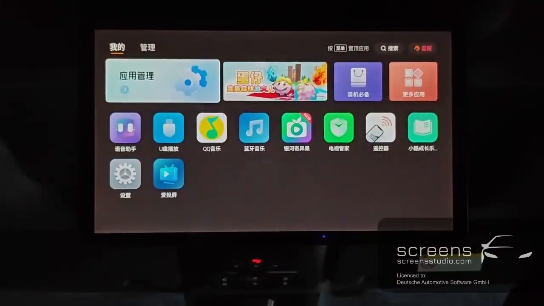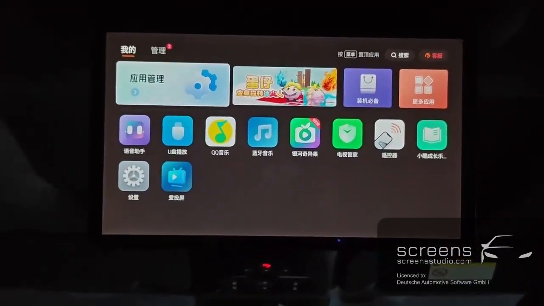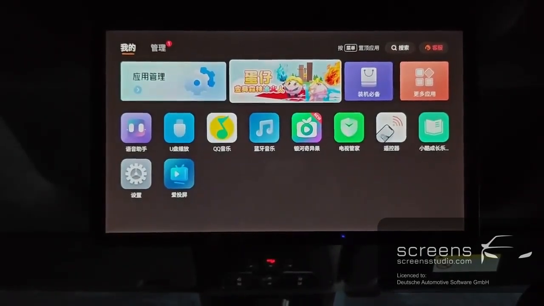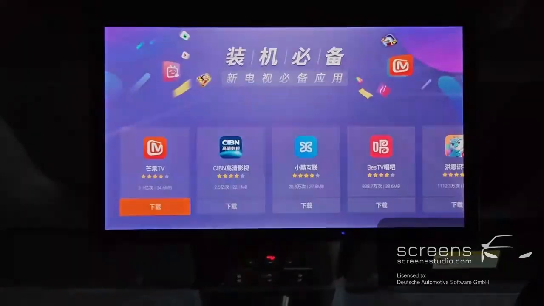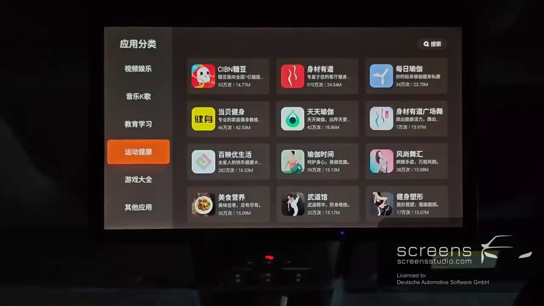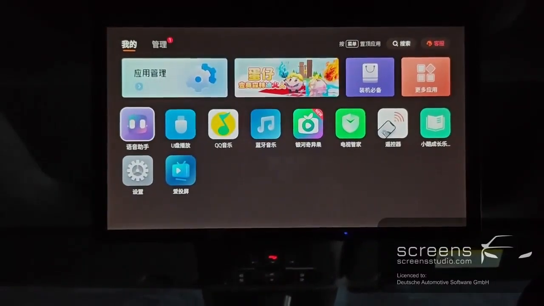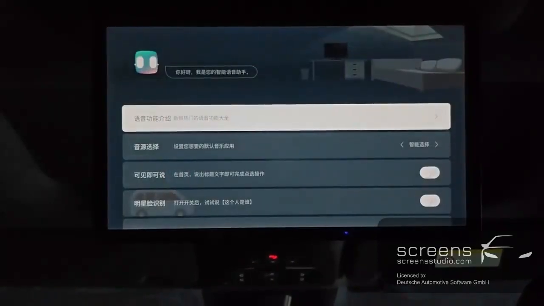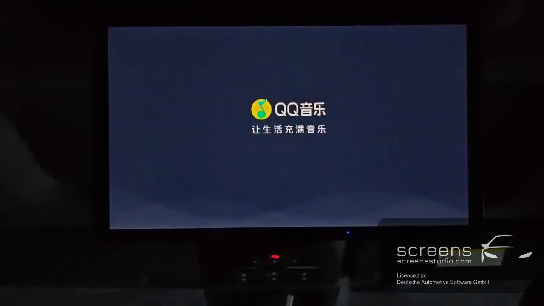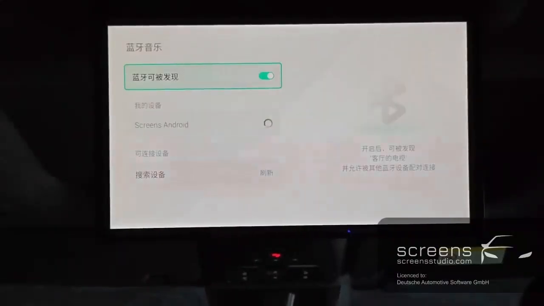In the application page, we can check My Applications and Management. In My Application, we can check the recommended apps, must-have apps, and more apps. Below are downloaded apps, including the voice assistant, USB music, QQ music, Bluetooth music,